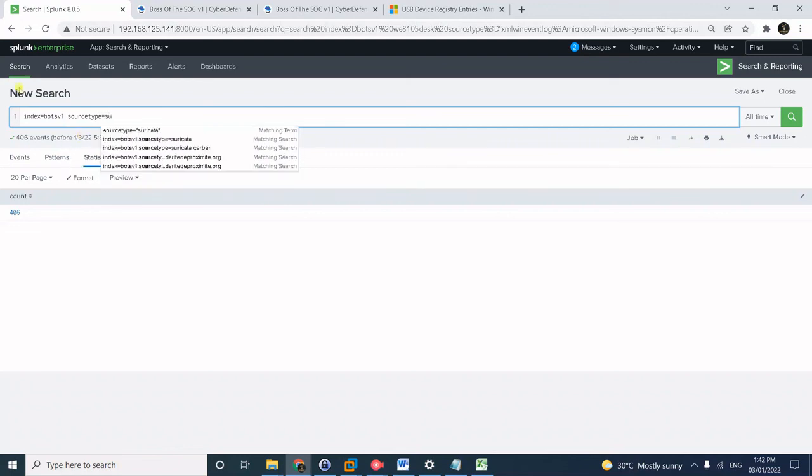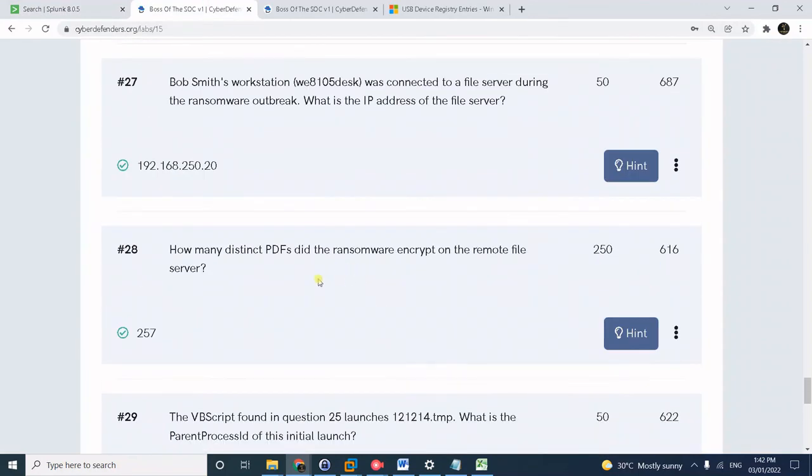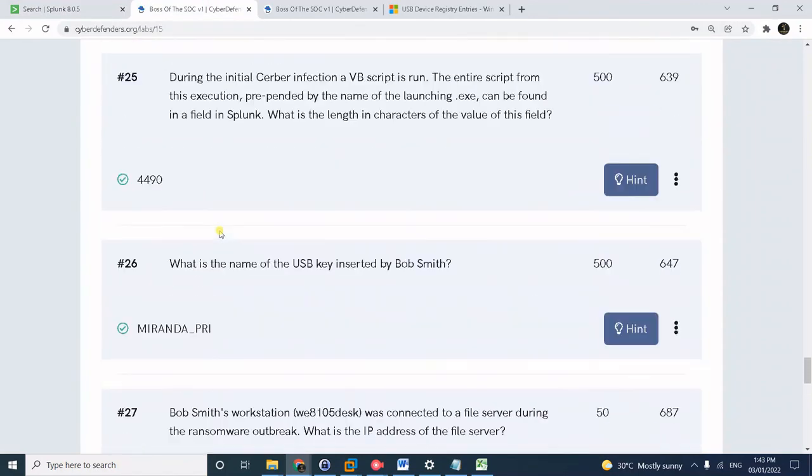So we'll limit our search to Suricata events. And we need to limit it to the source IP of the infected machine, which is 192.168.250.100 from earlier questions. And the first suspicious domain the infected machine connected to is this one,